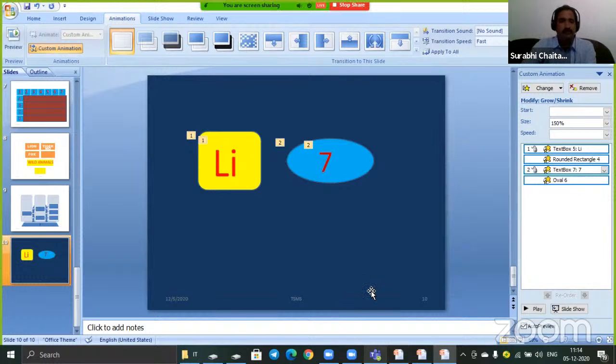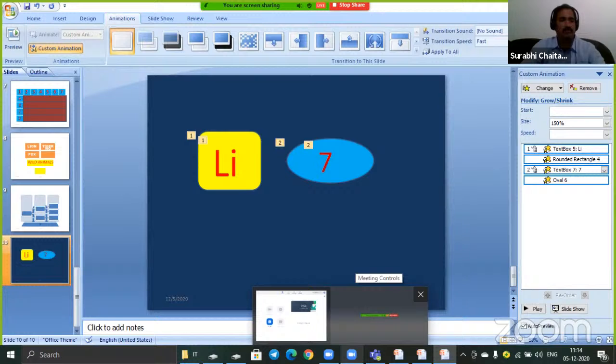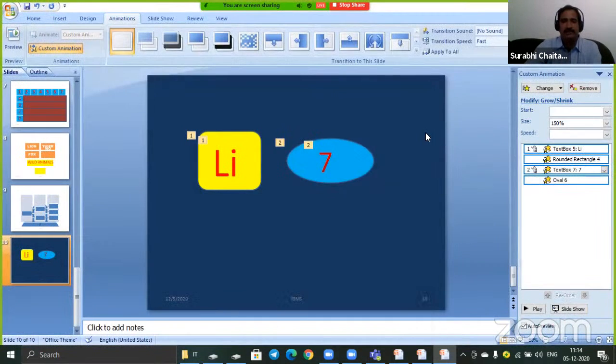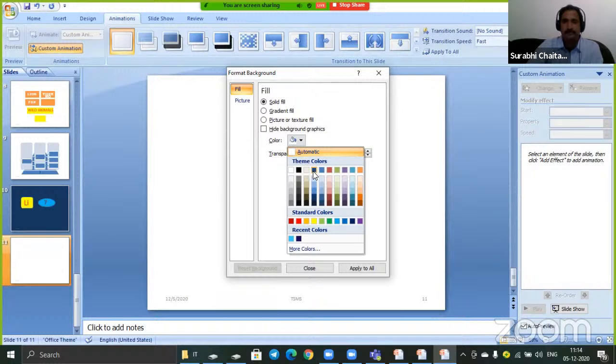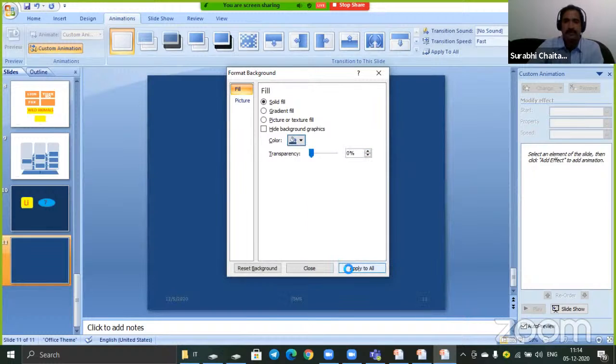Now another interesting thing, motion path animation. Under motion path animation, we can write the text as if we are presenting. Now I am taking another new slide here. Now I am adding a background to this slide. Within 2 minutes we will wind up this one. Background I kept, apply to all,